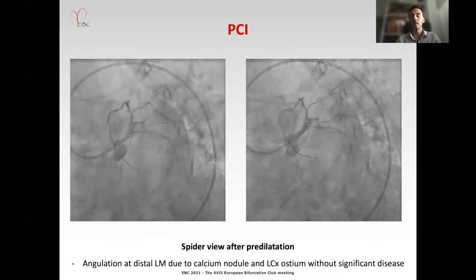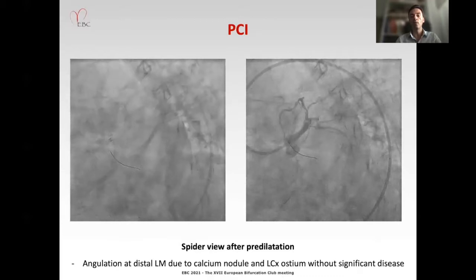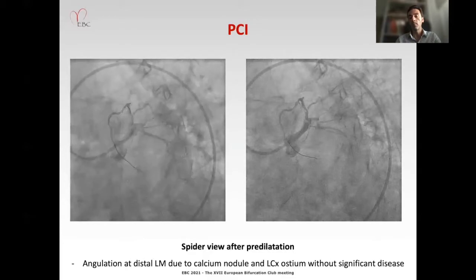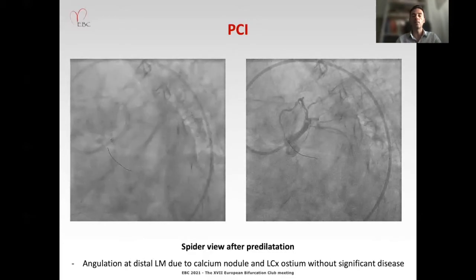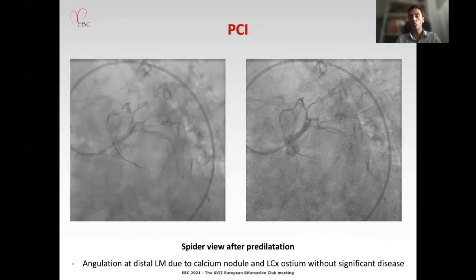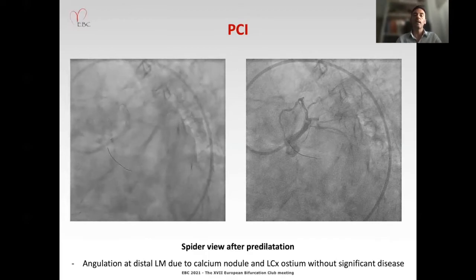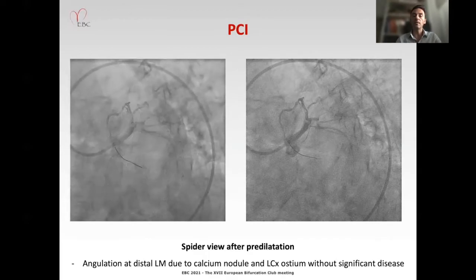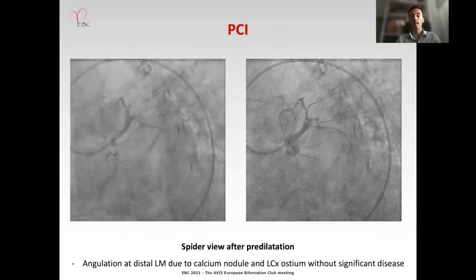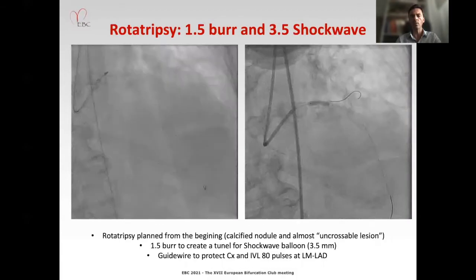We improved the flow a little bit, and we could better observe the calcium nodule at the distal left main protruding at this point, without significant impairment of the ostium of the left circumflex. So we followed with the initial strategy, the Rotatripsy,